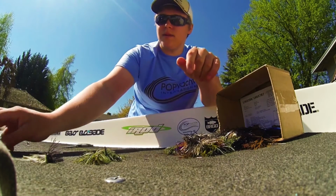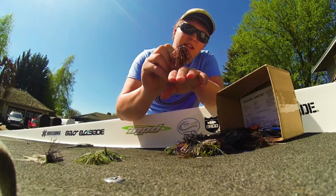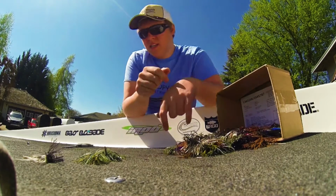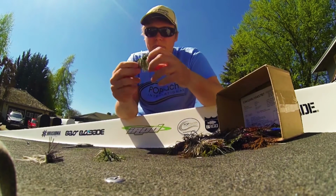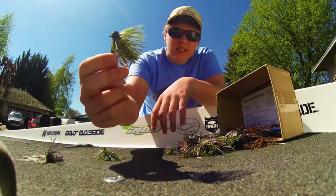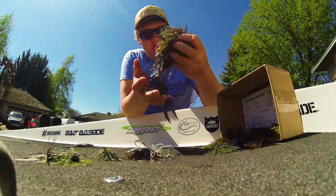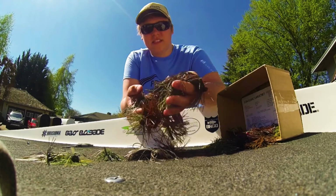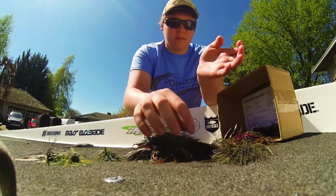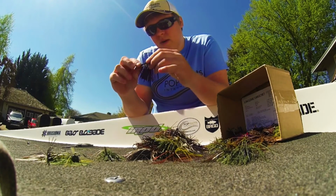A lot of times I'll trim upwards at a 60-degree angle, say, and it gets the ends of the strands a little bit more pointy. Not that it really matters. And then with these guys, I like a bushy little football jig. It's just my preference, and that's what I do to all my jigs. I just bought a couple pounds of jigs, and all these need to be trimmed similar. I've got some bigger black and red jigs here that I might not trim quite as extreme,